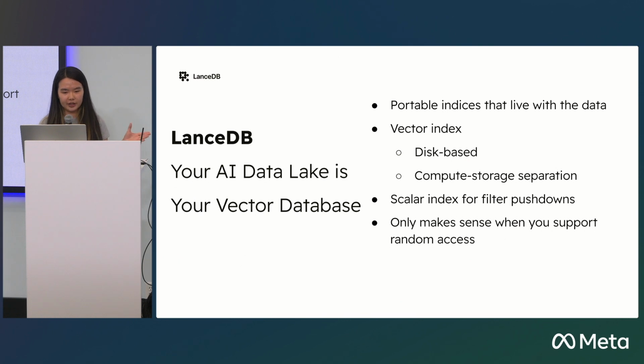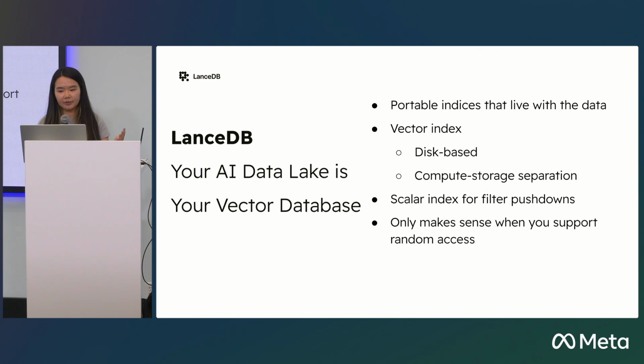One special thing about this format and this AI data lake is that your AI data lake is your vector database. Most vector databases these days store all the vectors in memory, so if you want to scale up, you cannot scale compute or storage separately. You have to scale them together, and memory is a hard limit for how many vectors you can store. But in Lance format, the indexes are linked with the data, and the vector index is on disk. We put all the indexes in the cloud storage, so your compute and storage are actually separated.